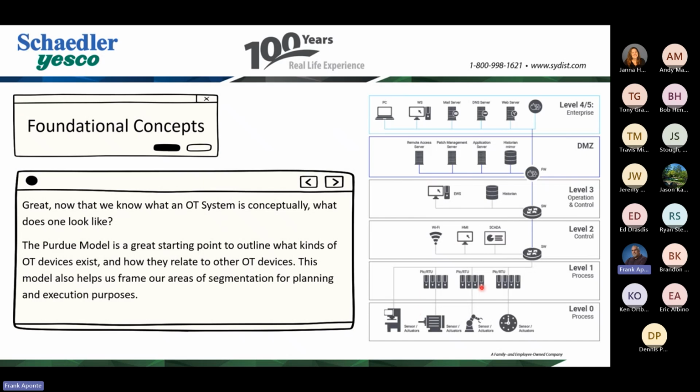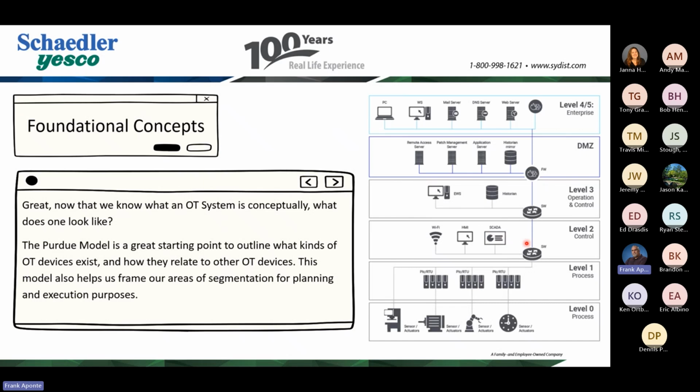The next level up is the PLCs or RTUs, or remote terminal units and programmable logic controllers. These are the brains, so they'll take in all the information from the sensors, run through a program or an algorithm, decide what to do, how to do it, how quickly to do it, and then they tell the actuators to do something, and it just goes like that over and over and over and over, many tens of dozens of times a second at times.